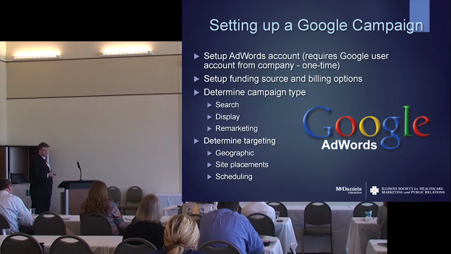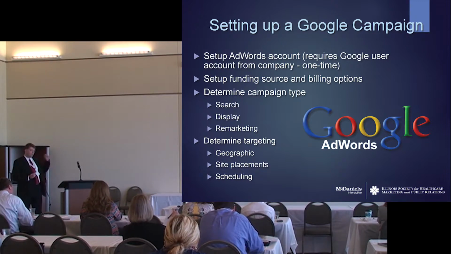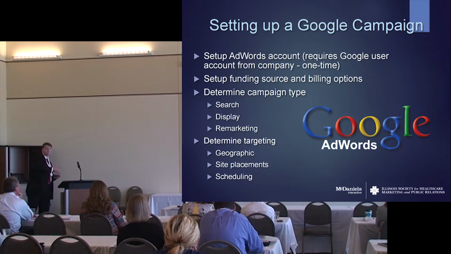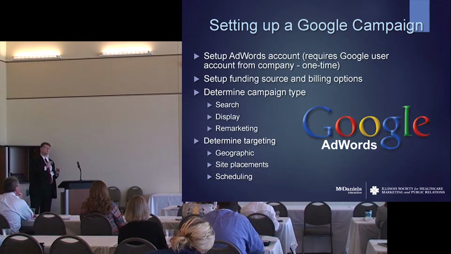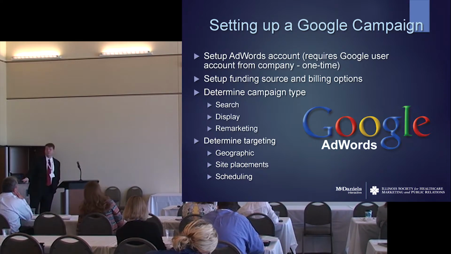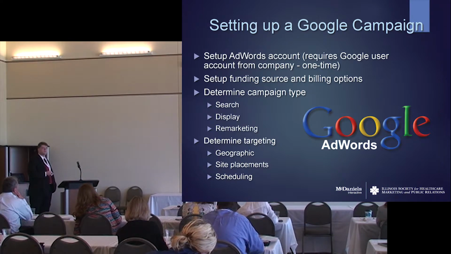The last one is called remarketing. Remarketing is something that Google and a lot of search platforms will do. It allows you to embed a small pixel of code in your website. Someone comes to your website, this code is picked up by their browsers, and since they visited your site, it doesn't matter anymore if they're searching for content relevant to you or not, because they've already been picked up, now they're more likely to see your ads. This is the search engine's way of assuming, oh, this person is interested in chronic back pain treatment, for example. So they might be now searching for sports scores, but we're going to make certain that they're still seeing ads relevant to previous searches. So it's just a way to further connect.